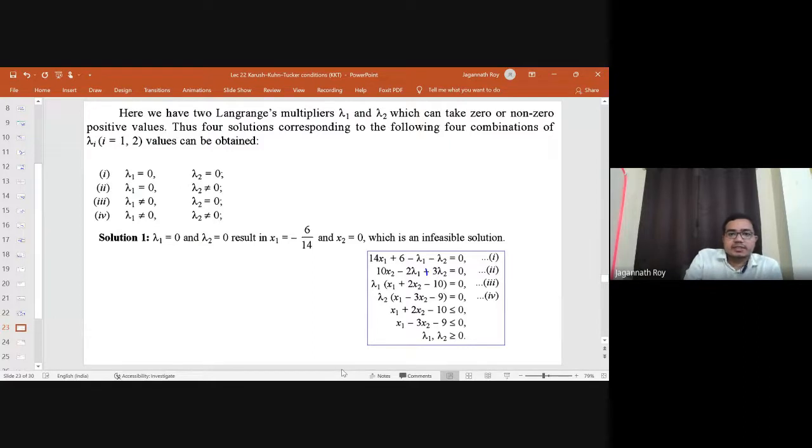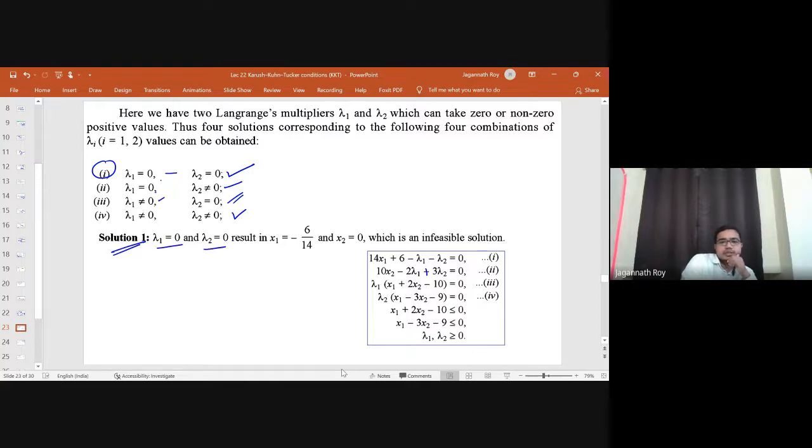Since we have two lambdas, there may be four different cases. Either both of them are 0, or lambda 1 is 0 but lambda 2 is non-zero, or it can be the reverse case, lambda 1 is non-zero and lambda 2 is 0. The last case is both of them are non-zero. So if you take the first one, case 1,